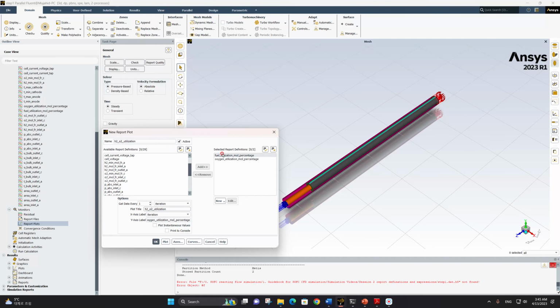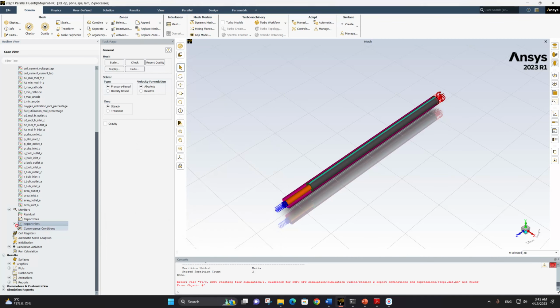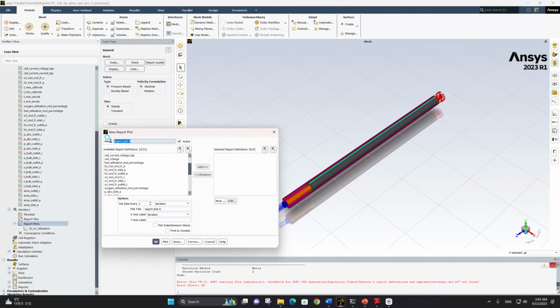For every iteration we'll get the plot. Okay, new plot, T minimum and maximum, and we can write min and max temperature, and we will select